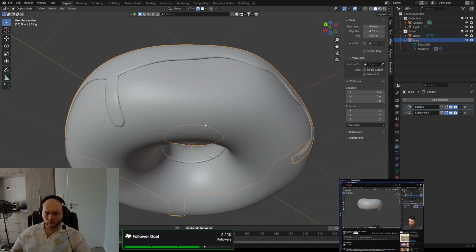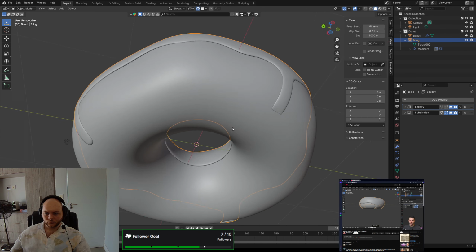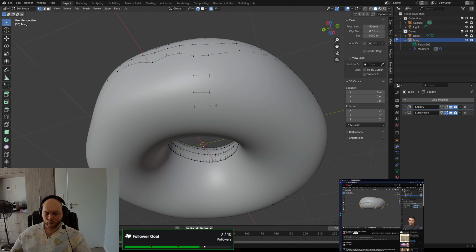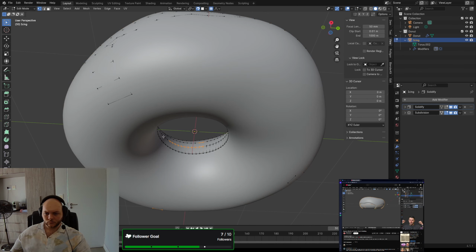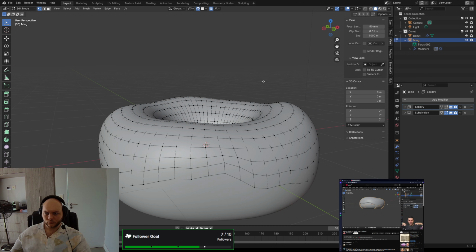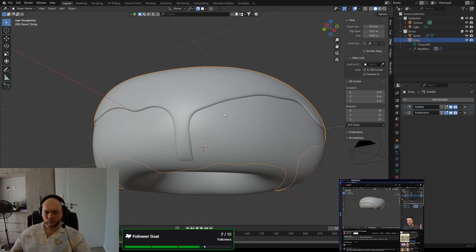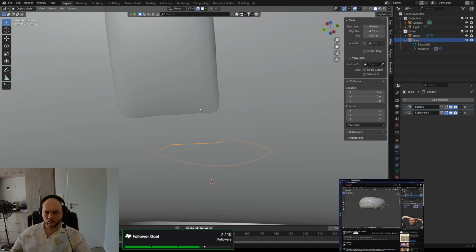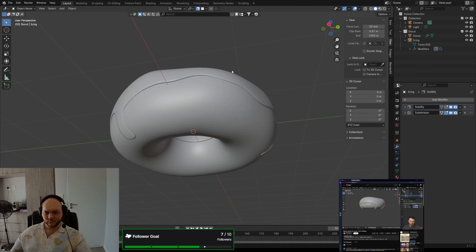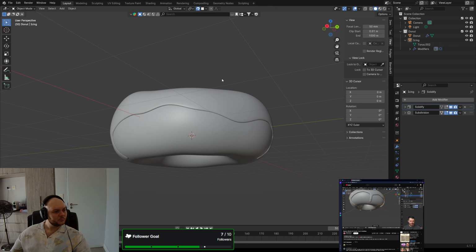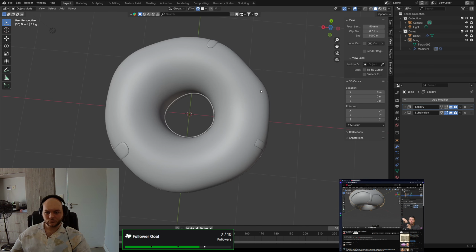All right, so we want to do some sculpting. Now, why do we want to sculpt? Well, because if you look at reference photos of donuts with icing on them, you'll see that icing is obviously a liquid, and liquid does weird things. One of the weird things that it does is that it will pool in certain areas. It's not like a uniform amount all the way on it. So the most obvious being like at the end of this trail here, there would be more that would accumulate